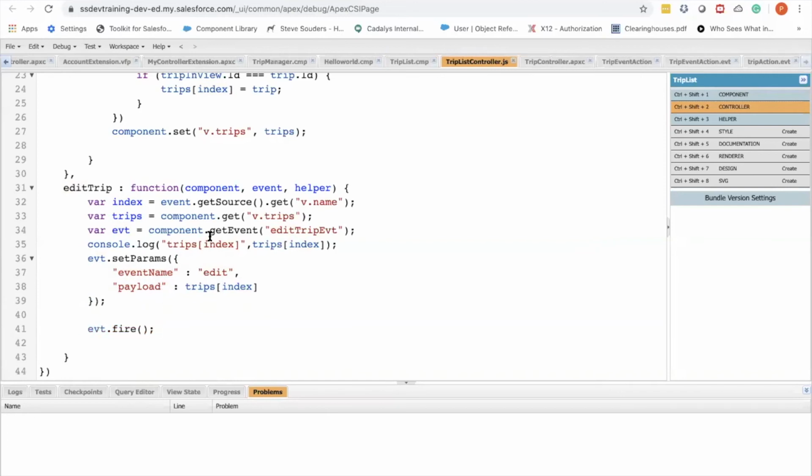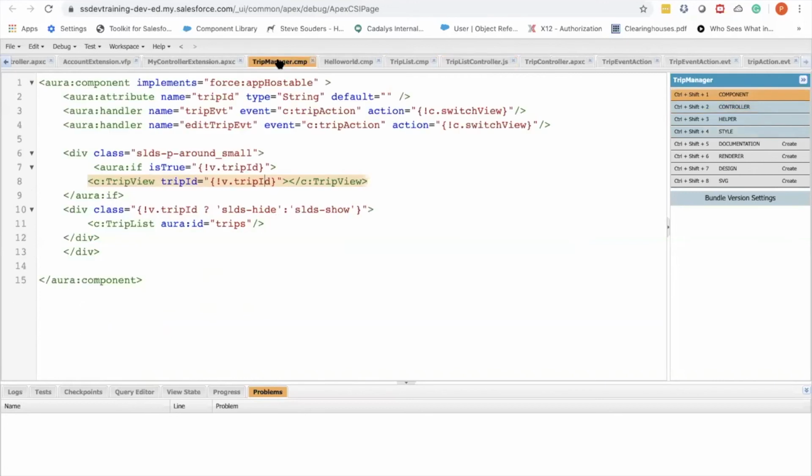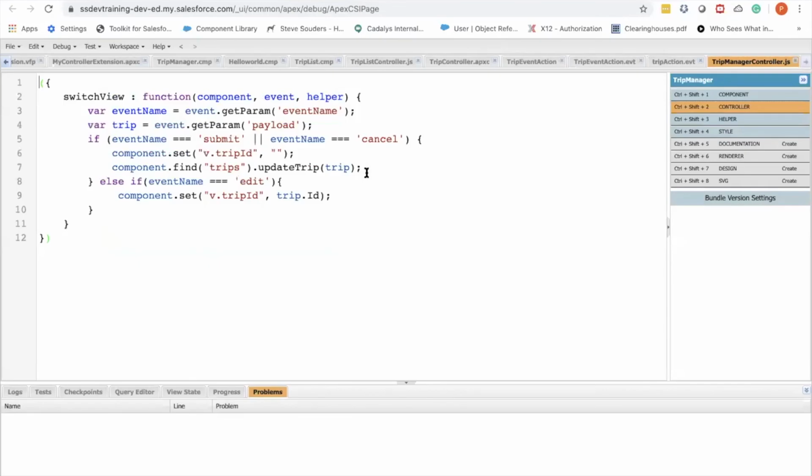Now the event is fired. I have a handler for the same event, and the switch action, the switch view, which is tied to the action attribute, gets called. And if it is edit, now that I've sent the event and handled it here, I need to extract the payload information, right?